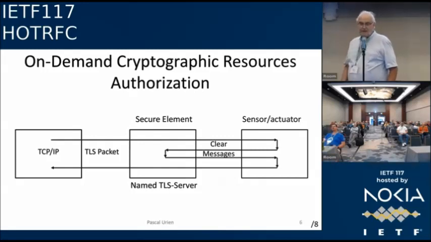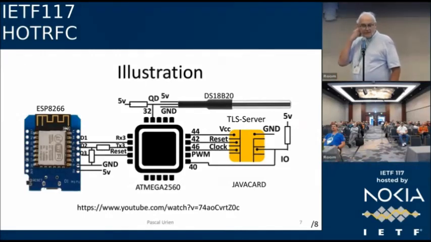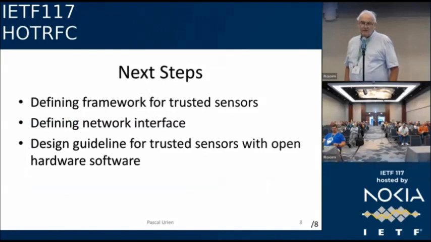So next slide, please. So on YouTube, you have a video that shows you this. You have a Wi-Fi interface, you have the TLS secure element, and you have a microcontroller. And what you will see, because many of you understand traces, you will see what happened in clear form and encrypted form. And what does this small device do? It measures temperature and generates on-demand blockchain transactions.